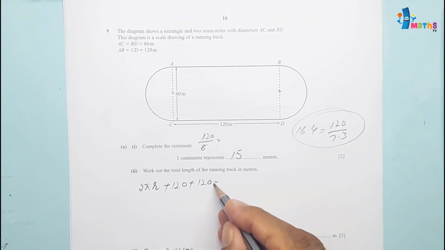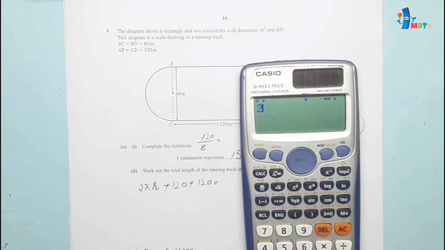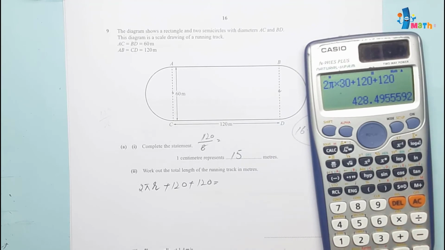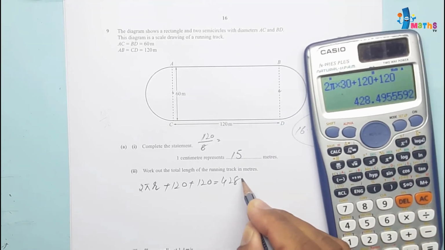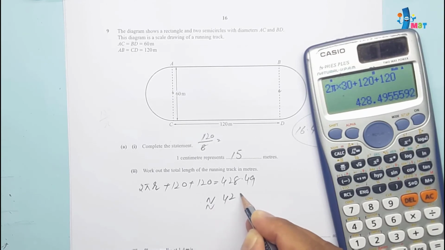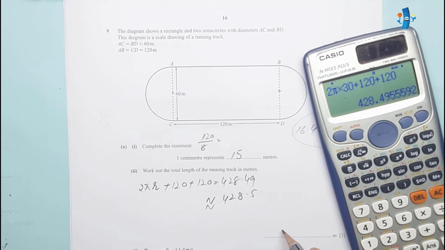So this will be equal to, we can calculate this, 2 into pi multiplied by r, which is 30 meters, so this will be multiplied by 30, plus 120 plus 120, so this will be equal to 428.49, which is approximately equal to